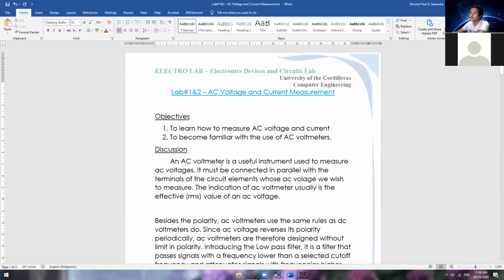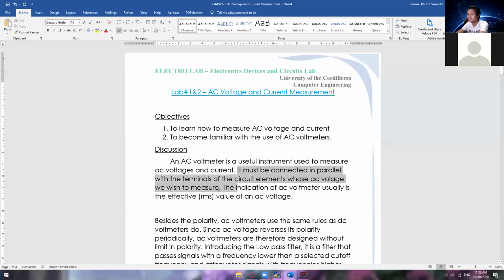Okay. So, the discussion for this one. An AC voltmeter is a useful instrument used to measure AC voltages and current. It must be connected in parallel with the terminals of the circuit elements whose AC voltage we wish to measure. Take note, this is very important. In reality, you have to measure that in parallel,